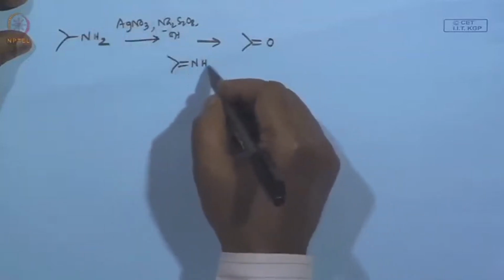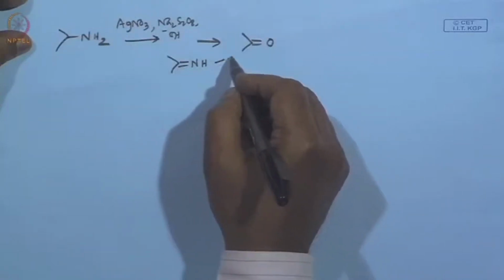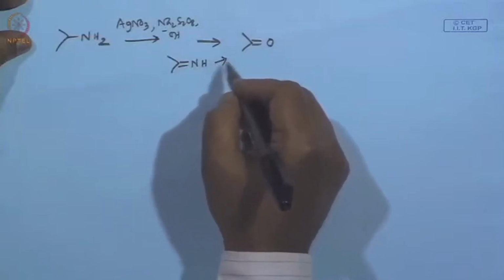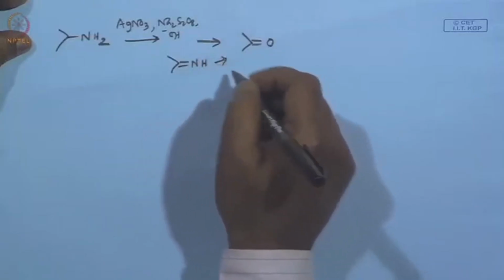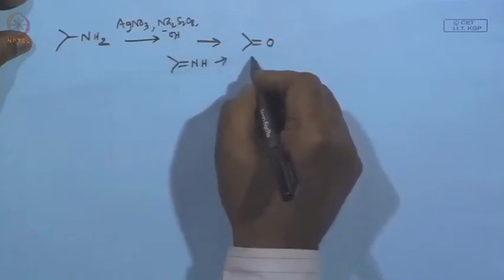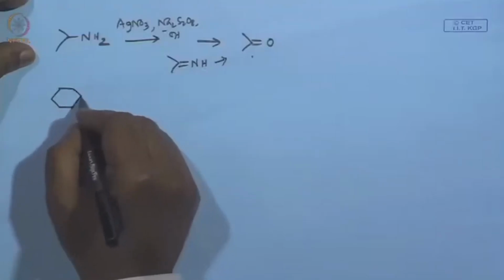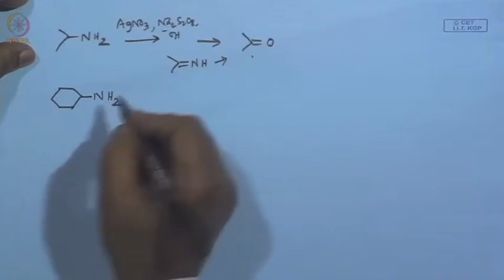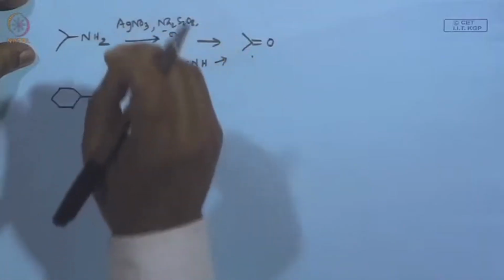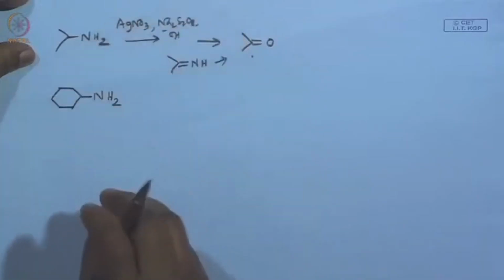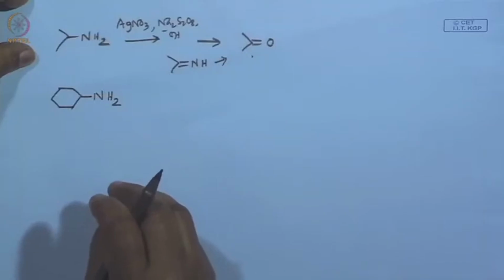Once the Schiff's base is formed, there is a likelihood that this would undergo hydrolysis in water or alkaline medium, and it goes to the corresponding ketone, but these are not very simple reactions, and in certain cases they are permissible. Now, I take up a very similar molecule, just consider a similar molecule, let us say this one. So, this basically gives you an idea that silver nitrate and sodium persulfate could be an oxidizing agent compatible